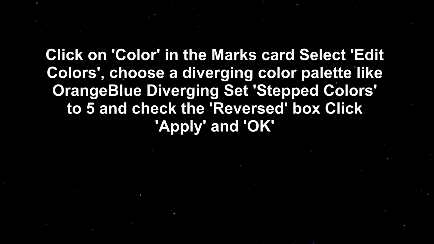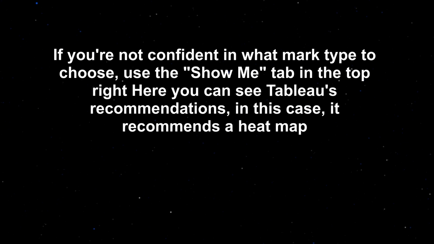Click on color in the marks card. Select edit colors. Choose a diverging color palette like orange-blue diverging. Set step colors to 5 and check the reverse box. Click apply and OK. If you're not confident in what mark type to choose, use the Show Me tab in